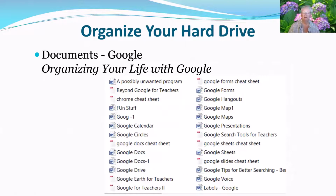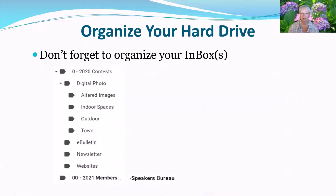And this is Google, and these are all the handouts and the subjects that I talked about when I talked about organizing your life with Google. And I do the same thing with my inbox in my email programs. And I have many email addresses. I have a gazillion with APCUG. I have a personal one, the computer club one, and they all have folders, so to speak. They're not called folders in Google. They're called